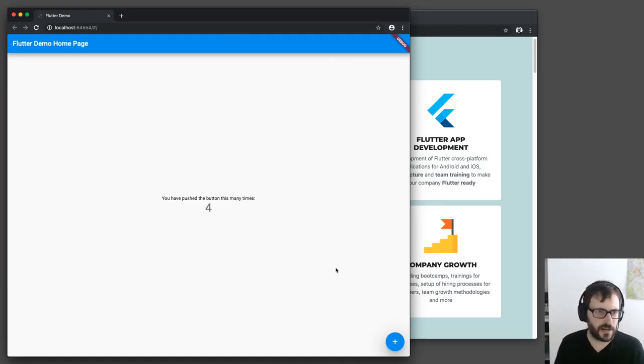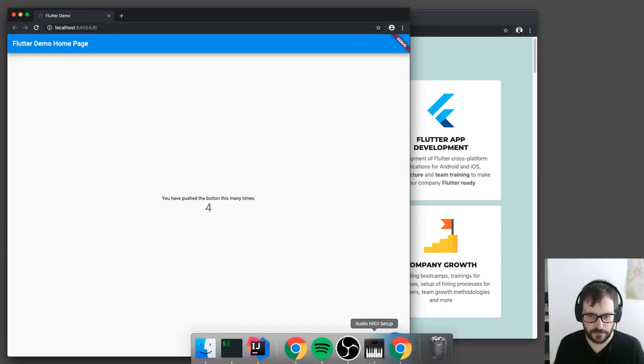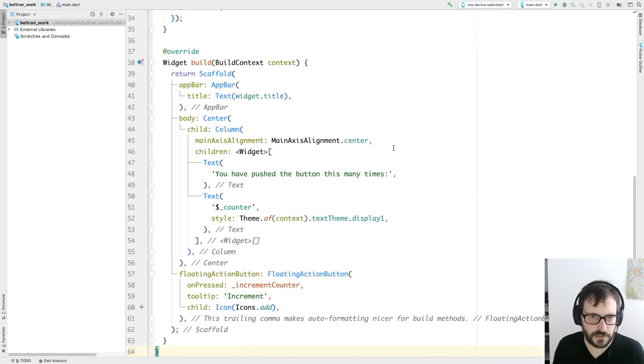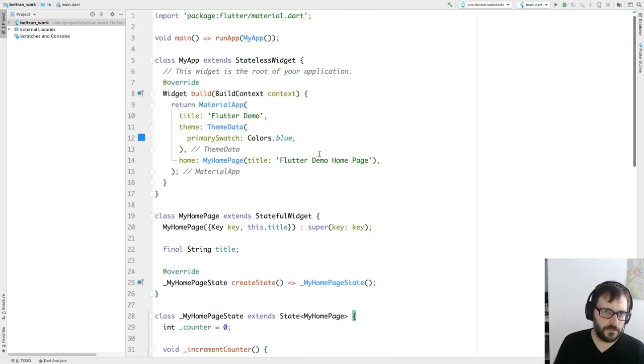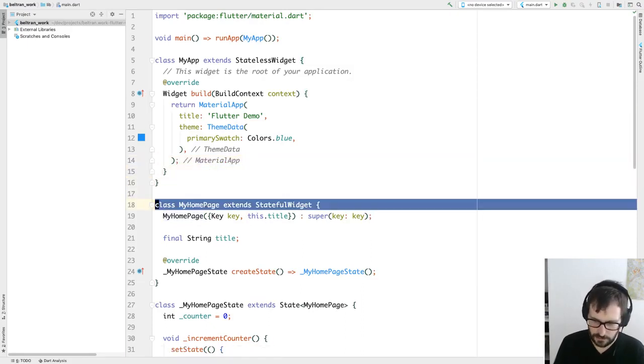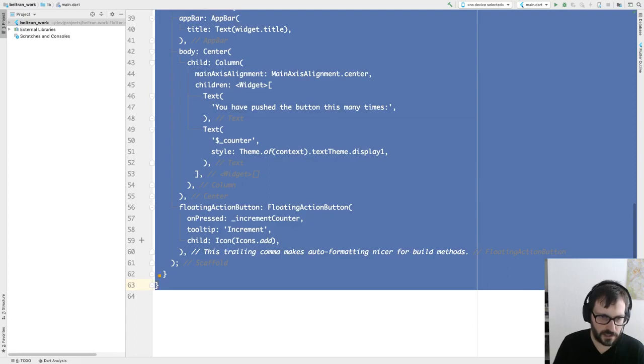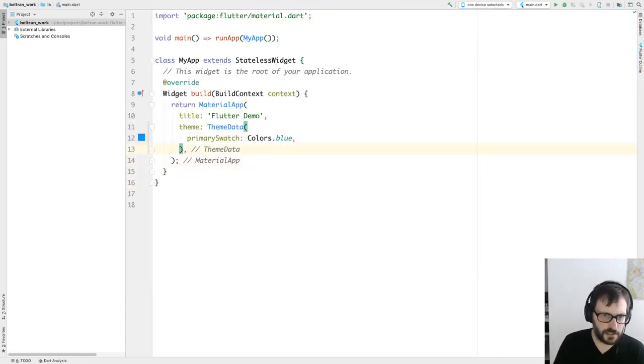I'll try first to run it on a website, and if it doesn't work well for debugging, I will probably just boot up an emulator and run it as an Android device. Okay, so the homepage comes with a material app and then a homepage and everything. So I will just get rid of everything now and start from scratch. Okay, so home,